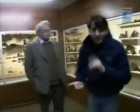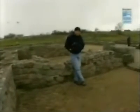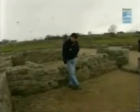Now, I'll take you outside and I'll show you why things are so well preserved like that. And this is what Vindolanda looks like from the outside, in a howling gale and pouring rain, or at least this is the 9th fort to be built here. There are 8 more forts underneath me, and you have to go down about 20 feet to find the first